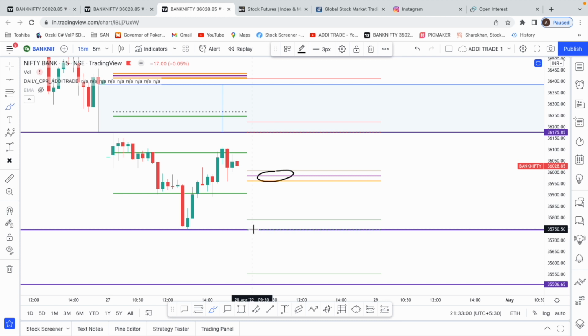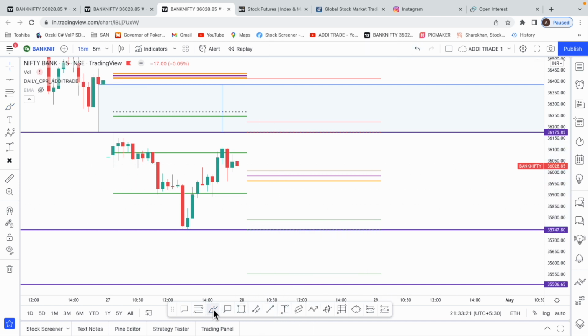So once we get this bounce, there's a good chance we might take resistance at the CPR and again reverse on the downside. We should be even ready for that. If somebody gets this kind of a move, the best thing to do is book profits at the CPR. The other bullish scenario is